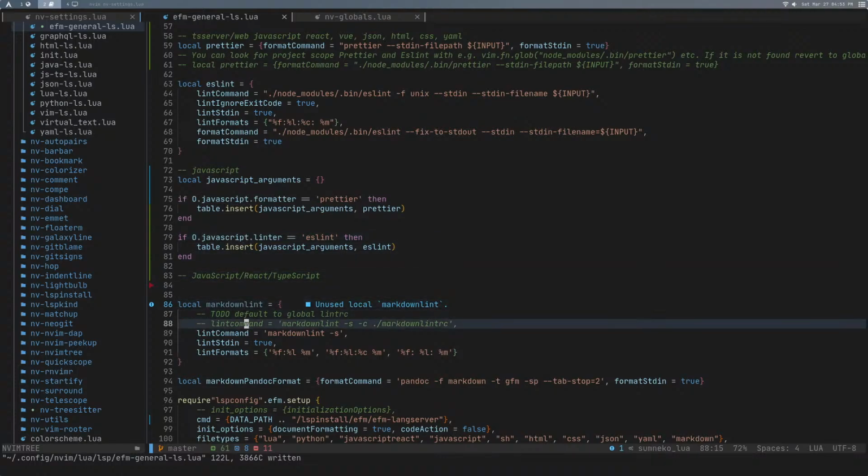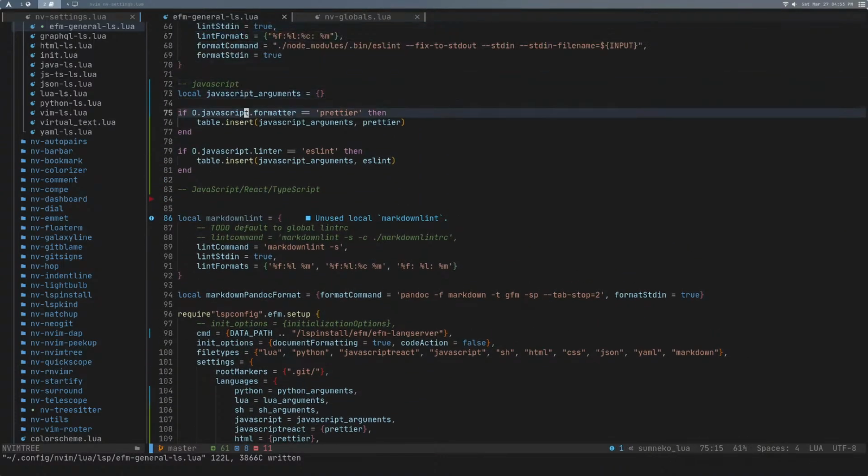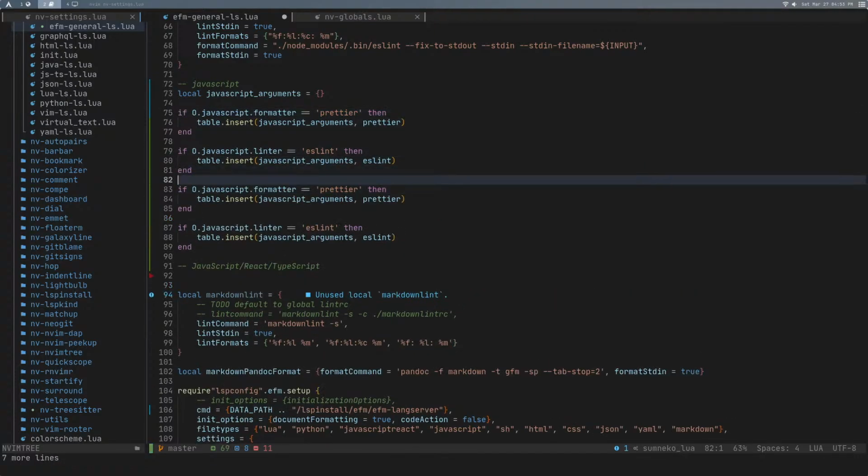So let's see. We got that to work. Are we going to be doing JavaScript React right now? Yeah, I mean, it's just as easy as doing JavaScript, right? So what we'll do is we'll just take these ones, and I want to make it separate because I think it should be separate, at least for now. JavaScript React,